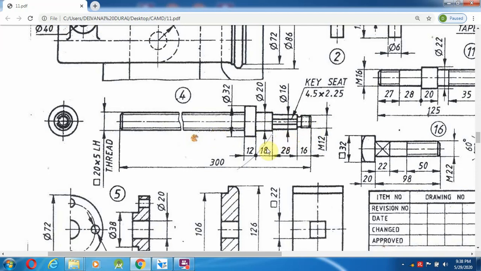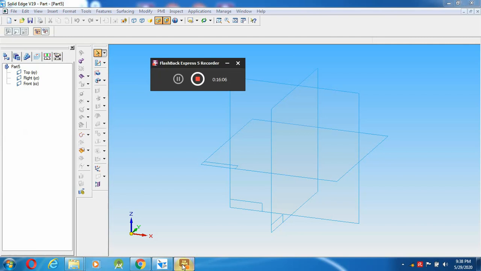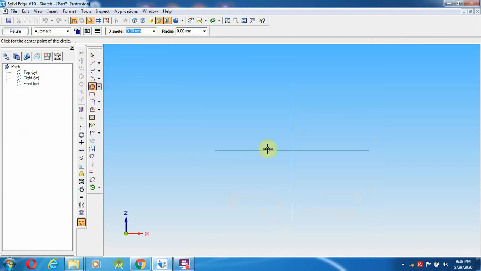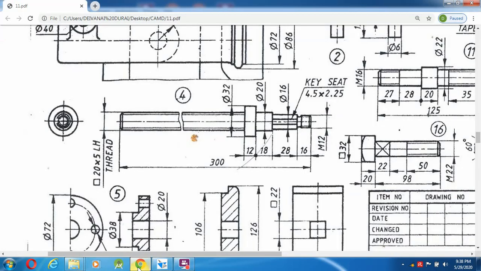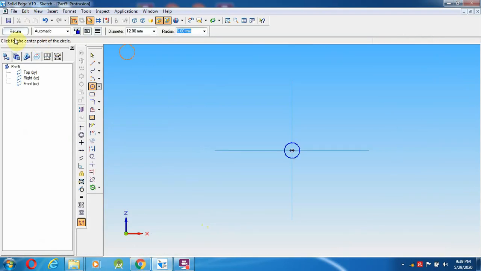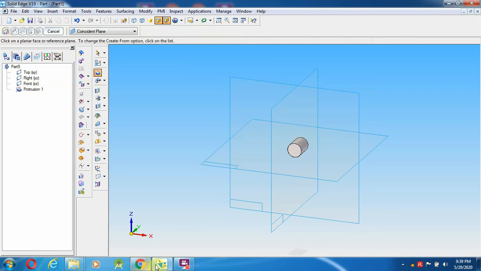After going over here, select a solid part. After selecting the solid part, protrusion front, select a circle. What is the diameter? Diameter is 12, so 12 and return. Towards that side it is 16 mm. Once it is created, go to the next one.